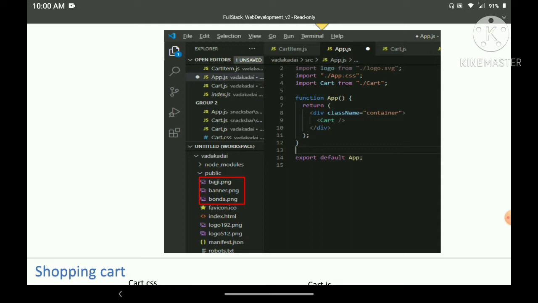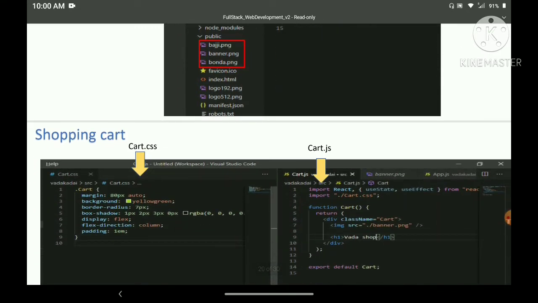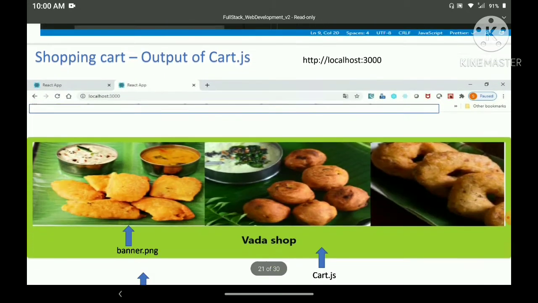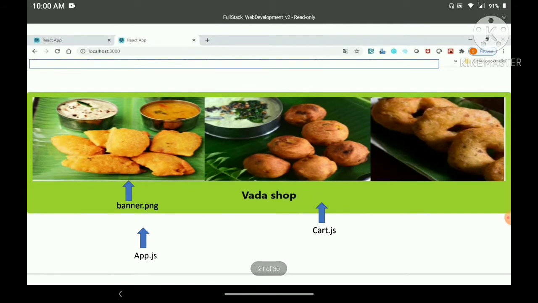Once I give that and execute my app.js, the output will become like what is on the screen. Here I just put the markers, right? That cart.js contains the banner.png and the text also, Vada Shop, and this cart.js is located inside the app.js. So if you are going to introduce a lot of files, then you need to import the files into the appropriate JS files. Let's see how we can do that in the next screen.